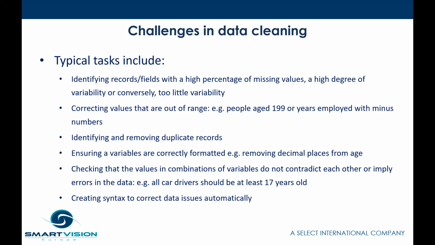Identifying and removing duplicate records, a common issue. Ensuring variables are correctly formatted. So just things like removing decimal places. If somebody's got an age, you generally don't have people's ages recorded as 37.00. It's usually just 37. So you make it an integer value. Checking that the values in combinations of variables do not contradict each other or imply errors. So males who are pregnant, that type of stuff, or car drivers who are 15 years old,